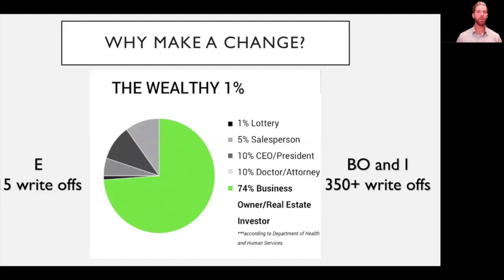Because what the government does is it incentivizes the things, the people, the businesses that do what they can't do very well. And they can't do two things very well. They have trouble with creating affordable housing, and they have trouble with creating jobs.